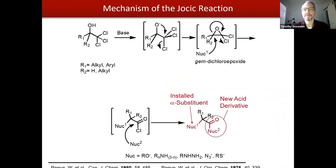In terms of synthetic methodology, we've spent time working with a reaction called the Jocic reaction or the Jocic-Reeve reaction. This involves the conversion of a trichloromethylcarbinol upon introduction of a base, such as sodium hydroxide or cesium carbonate, into a protic solution. What that does is promotes an intramolecular substitution reaction where a gem-dichloroepoxide is formed as an